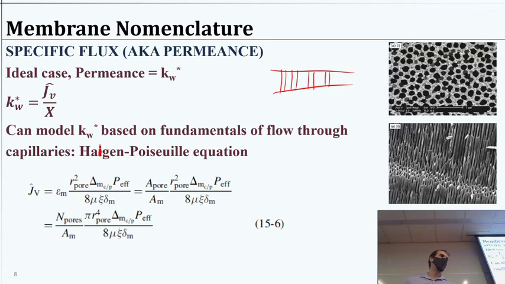So that's one thing we can use if we build a membrane and we have a good idea of what the effective capillaries are like. Then we could calculate this from that standpoint. This is useful because if we have some idea of these different parameters, which I'll go over in a second, then maybe we can simply measure them: how much pore surface area do we have? How big are those pores? Then we can use that to understand our permeance and predict it for a given application or